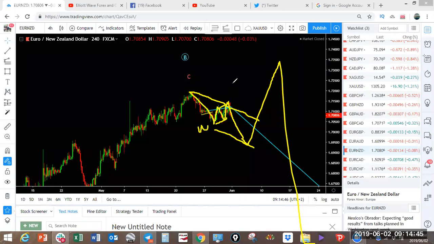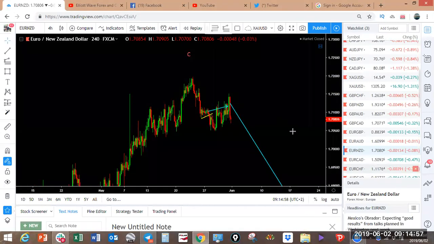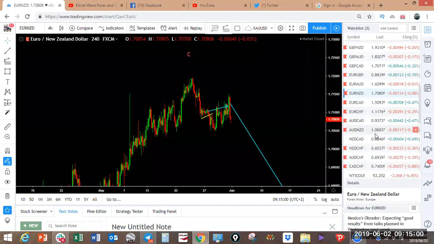Okay, it can be a WXY structure, a corrective structure here, and it pushes up higher. When you give up on it, it starts coming down on the move that you've been expecting. So you need to have a strategy to manage the trade. That's trade management. Now, there's a number of setups here also on Pound New Zealand as